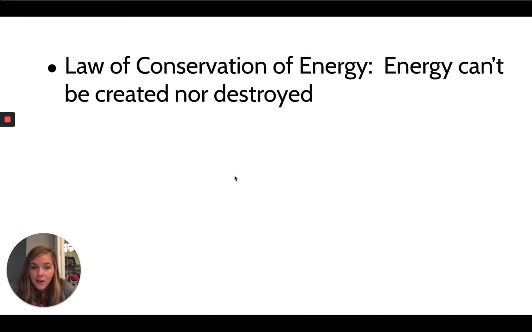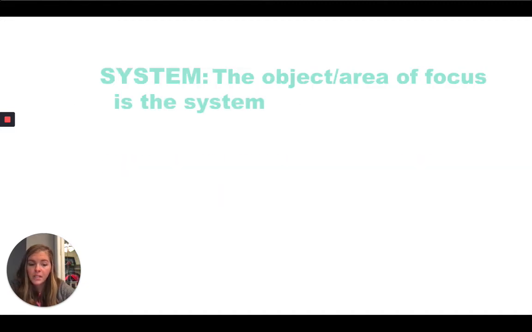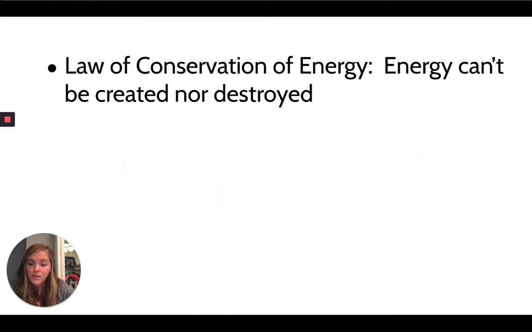So we talked about the law of conservation of mass, and we determined that mass cannot be created or destroyed. Energy can also not be created or destroyed. It can only be transferred, okay? You can never make energy. If you lose energy, it goes to the surrounding system, and one other system will bring it in. If you make energy, you took it from the surrounding system. You didn't make it out of nothing,